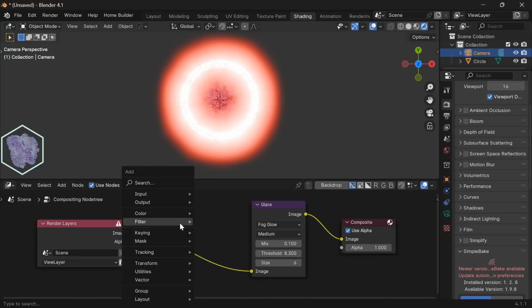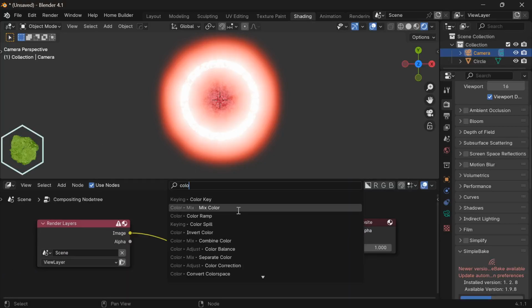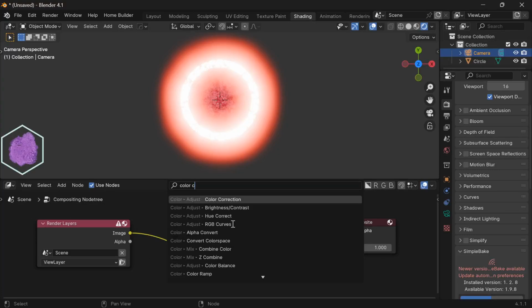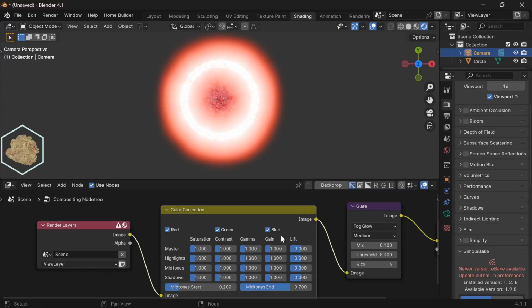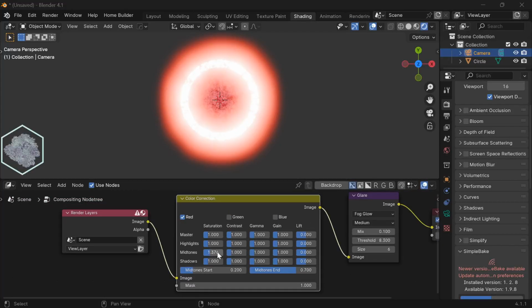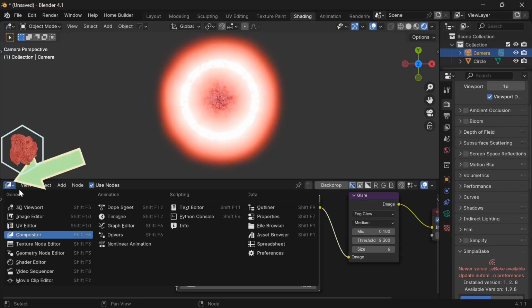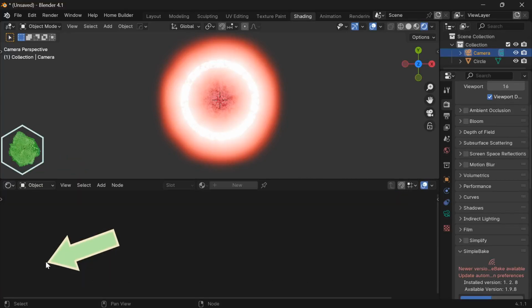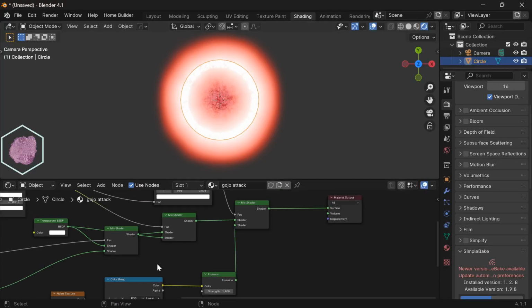I'm going to Shift A and add in a color correction node, and I'm going to change the midtones to 1.376. These you can mess with if you want a different look, but for the specific look I'm going for in this tutorial, that'll do. I change the layout back to the shading editor, select my disk,